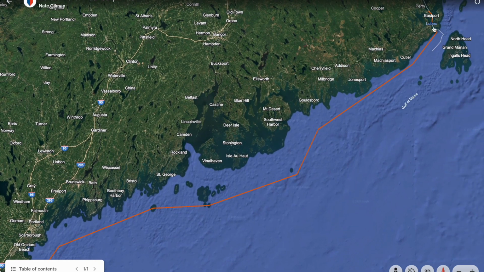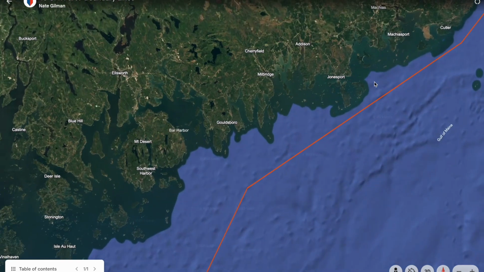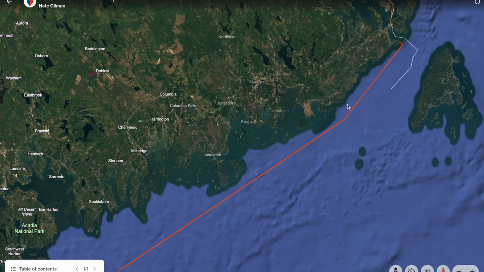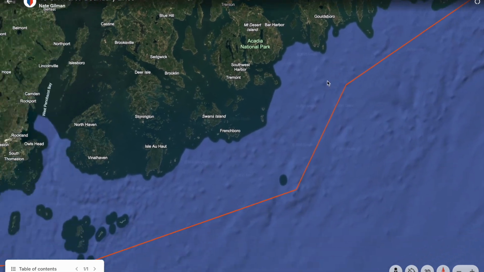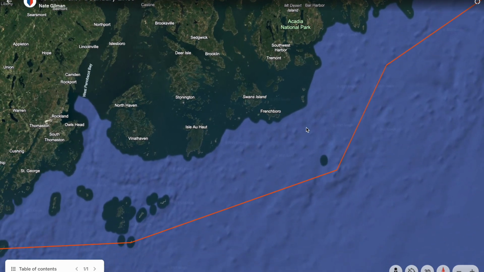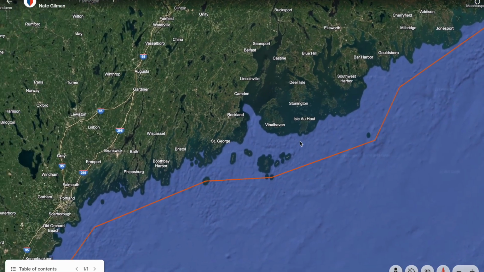You see, starting up in Canada, working our way down. Anything on this side of the line, so anything out in the Gulf of Maine, is going to be near coastal waters. Anything inside here, so if you're cruising along and you did not cross over, you are going to be on inland waters. So near coastal, inland, as we're sitting here making our way across.